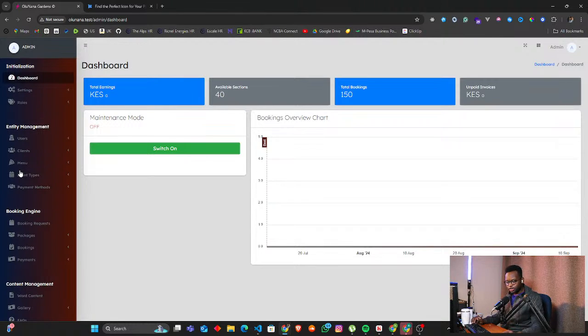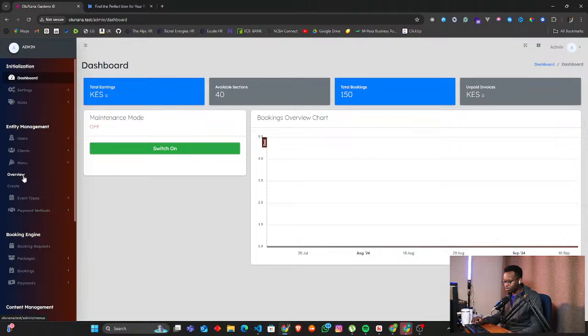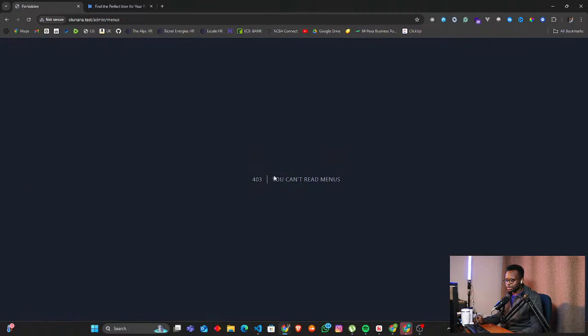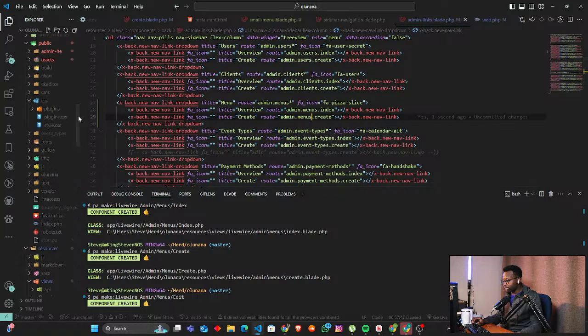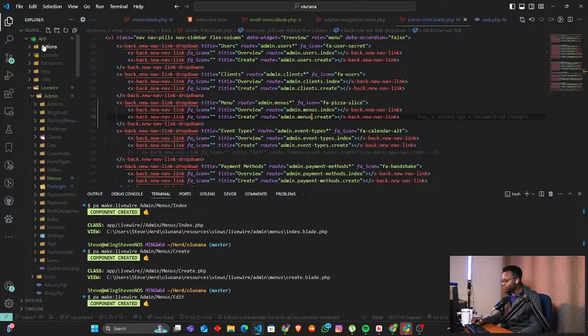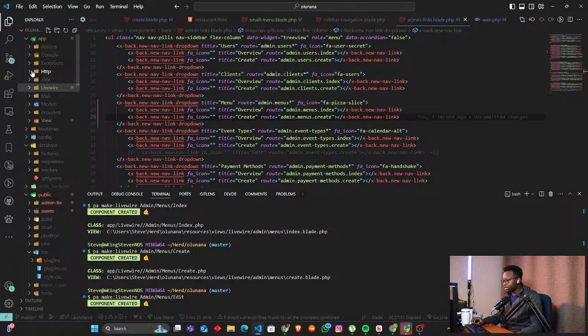Upon refreshing it, we can see that if we hover over this link over here, we have the admin menus. So I'm just going to click on overview, and it says you can't read menus. The reason it says you can't read menus is because of one particular factor over here, that is the permissions. So if we go to the permissions side of things,